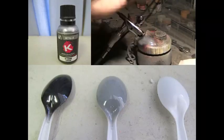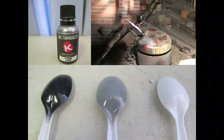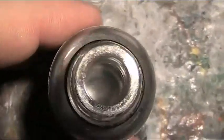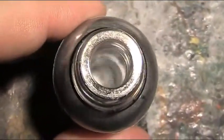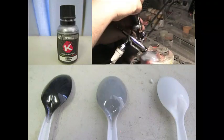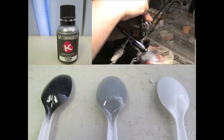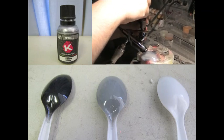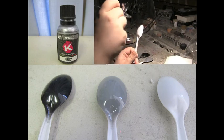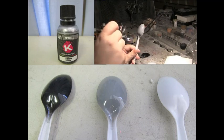Straight off the bat, we'll be testing it on multiple spoons with 3 different shades of glossy colour. The white is just bare plastic, as well as some claws for the Harrow Pla Zaccarello. I started off by shaking the bottle quite thoroughly to mix the pigment and applying it straight into the previously cleaned airbrush, and applied very light dust coats initially on the surface, recommended at a low PSI between 11